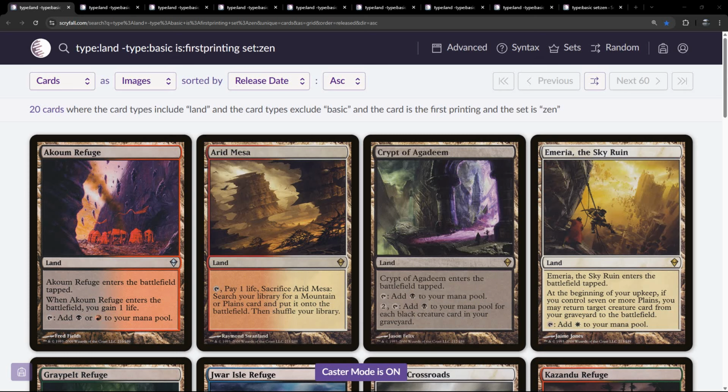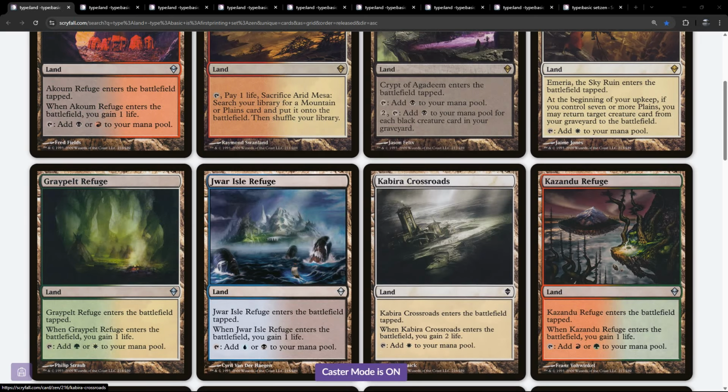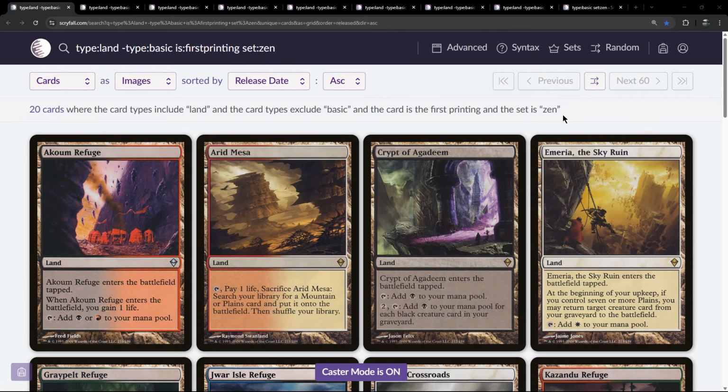I'm not quite sure where this episode's going to go. I've got this laid out by basically rarity, but I'm definitely leaning towards more of an artwork appreciation episode, just because these lands look fantastic. They're so iconic to me. They came along at a time when I was just...